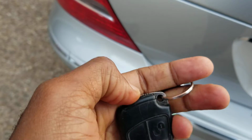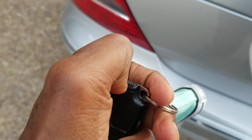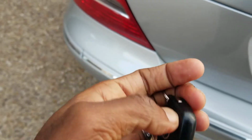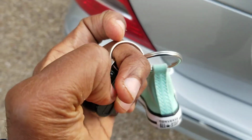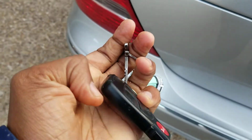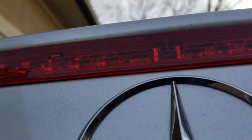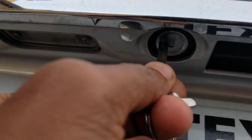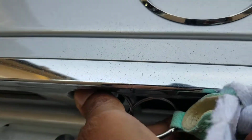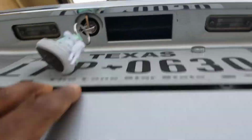So since you cannot use the button, you got to manually open this, and the way to do that is slide this. Let's see if we can do it with one hand. Slide this and then remove that. Okay, and then you want to manually open this. So put this in there, and once you turn it counterclockwise, now the trunk can open. Okay,